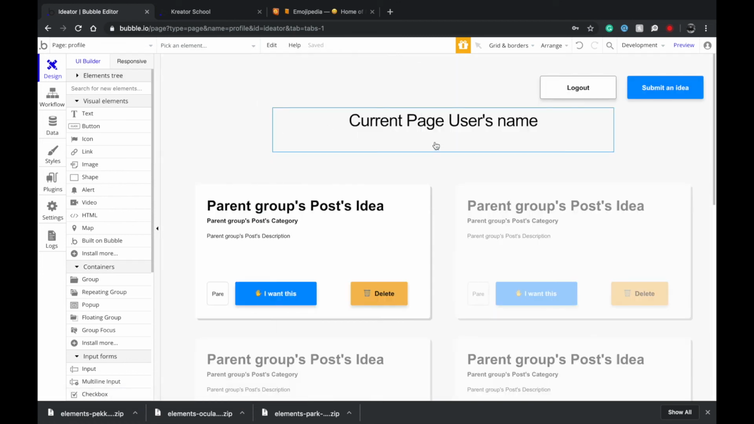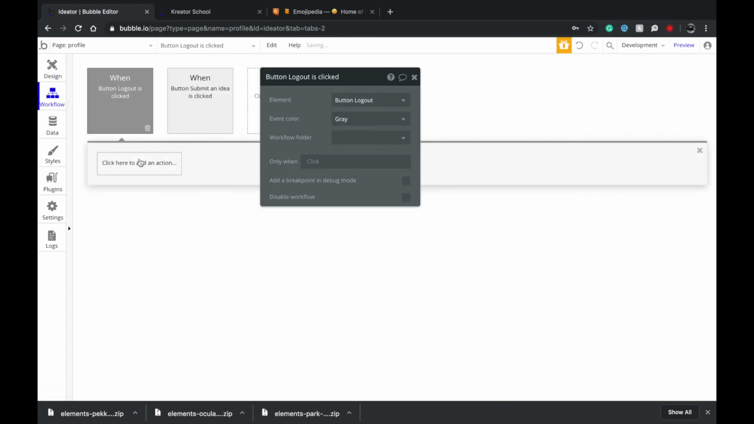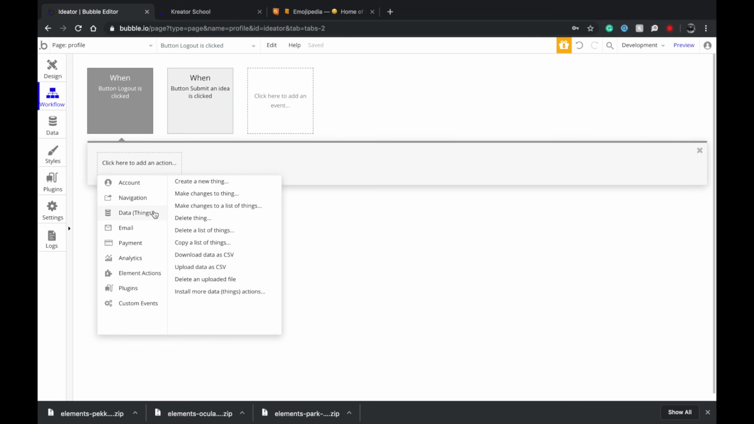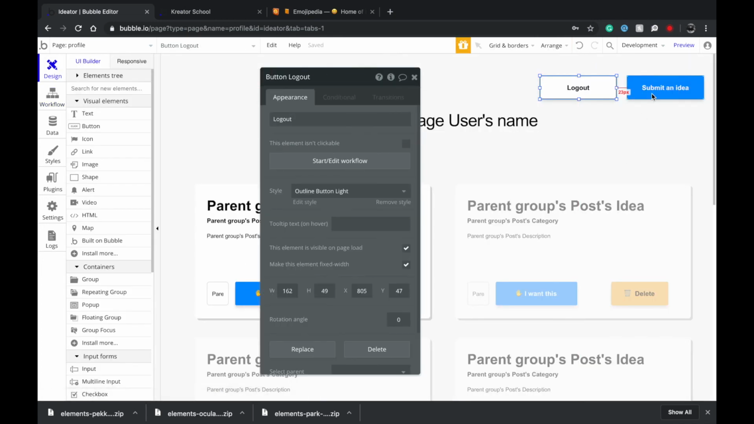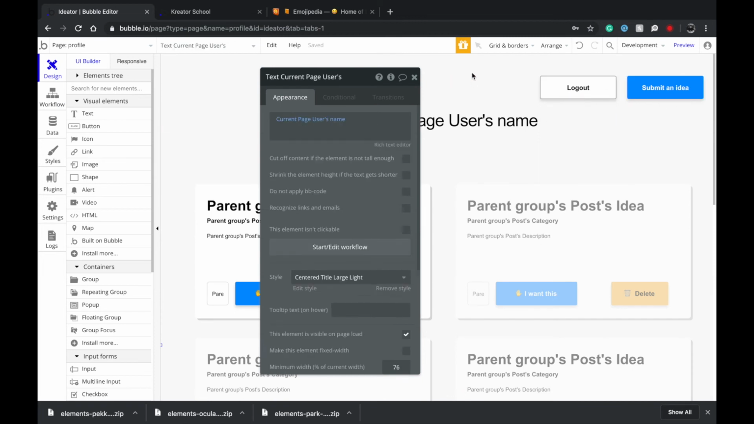Let's go to the profile here. I guess we have to go check this logout button. So I say account is logged the user out. I click on this button, it will go to that section. I guess all is good. You can create the